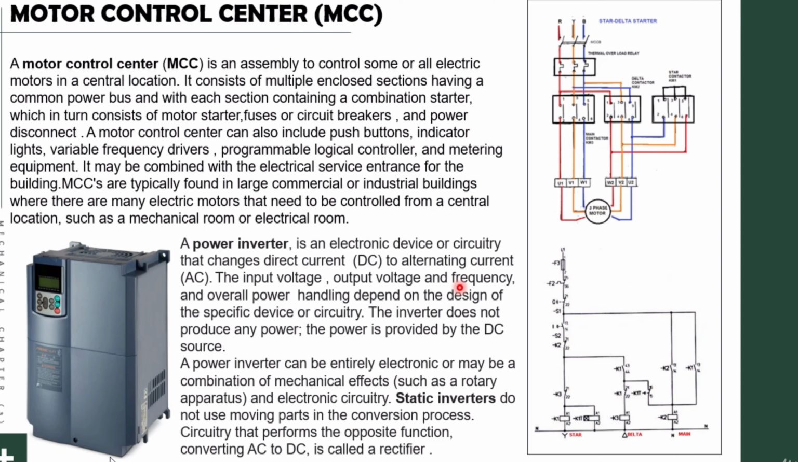MCCBs are typically found in large commercial or industrial buildings where there are many electrical motors that need to be controlled from a central location, such as the mechanical room or electrical room. See here, for example, this is a circuit to control a motor. It consists of 3 contactors and overload. This is a power diagram, and here this is a control diagram, and also here this is